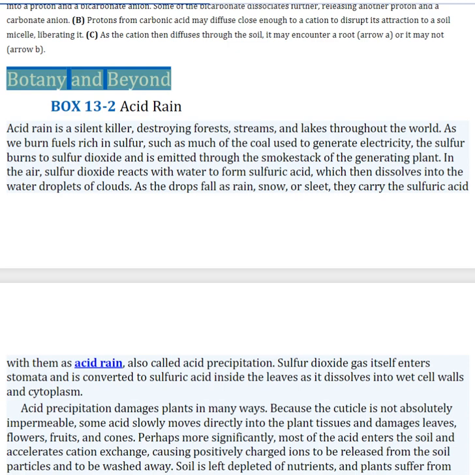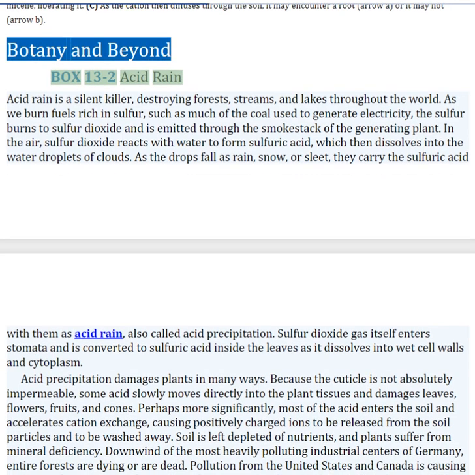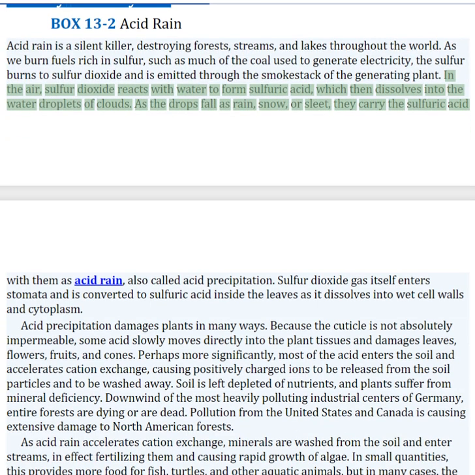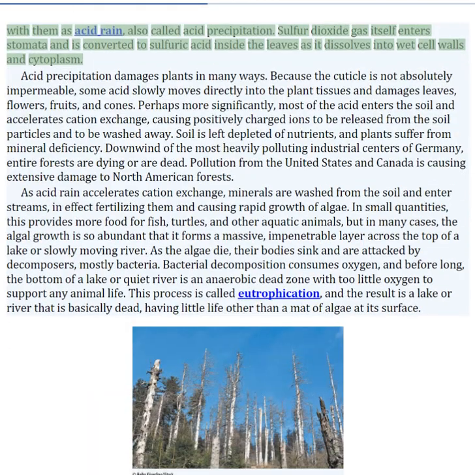Botany and Beyond, Box 13-2. Acid rain. Acid rain is a silent killer, destroying forests, streams, and lakes throughout the world. As we burn fuels rich in sulfur, such as much of the coal used to generate electricity, the sulfur burns to sulfur dioxide and is emitted through the smokestack of the generating plant. In the air, sulfur dioxide reacts with water to form sulfuric acid, which then dissolves into the water droplets of clouds. As the drops fall as rain, snow, or sleet, they carry the sulfuric acid with them as acid rain,